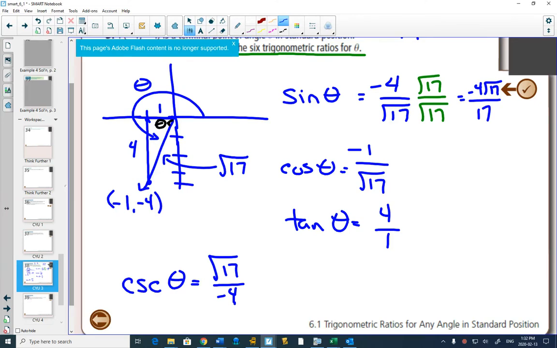You could keep the negative on top, you could put a negative in front, or have that negative in the bottom of the fraction. The reciprocal of cos is secant. So secant would be negative root 17. You could write over 1, but you wouldn't need to. And finally, reciprocal of tangent is cotangent. That'll be 1